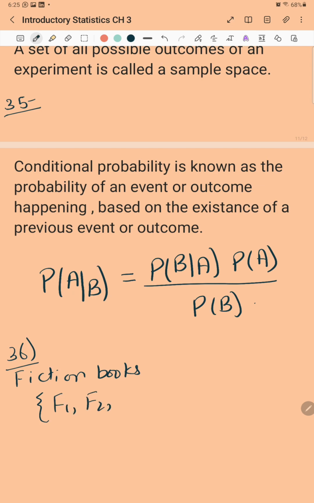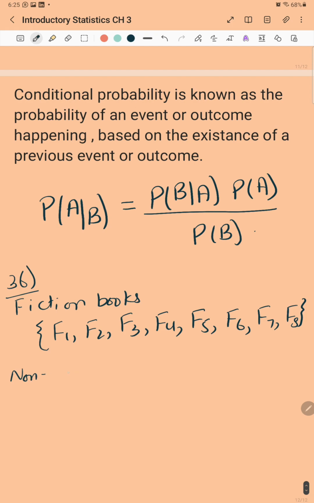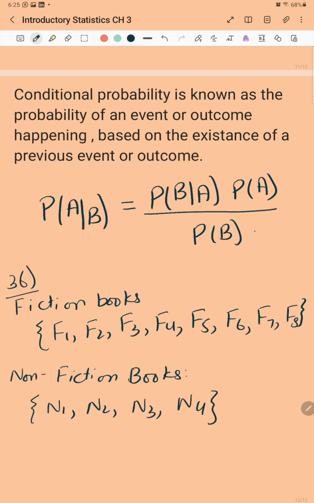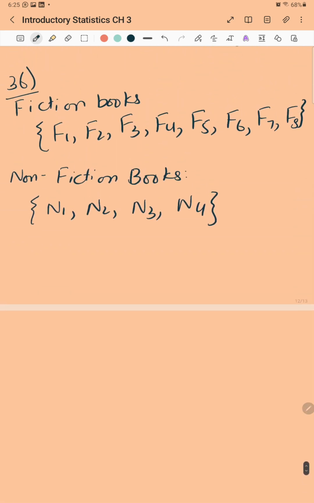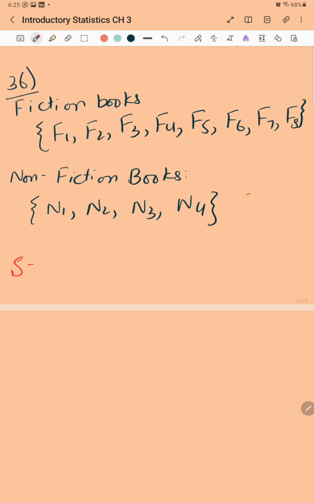fiction books हमारे पास कौन सी हैं? F1, F2, F3, F4, F5, F6, F7, F8. नॉन फिक्शन बुक्स कौन सी हैं? N1, N2, N3, N4. अब हमें sample space बनानी है for the fiction books and non-fiction books. So let's make the sample space. Sample space S would be,